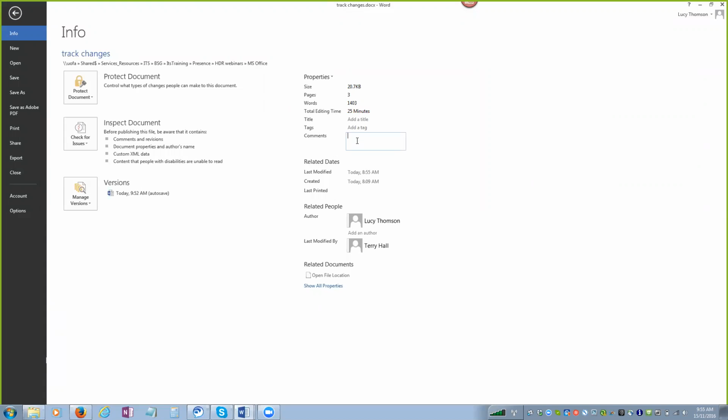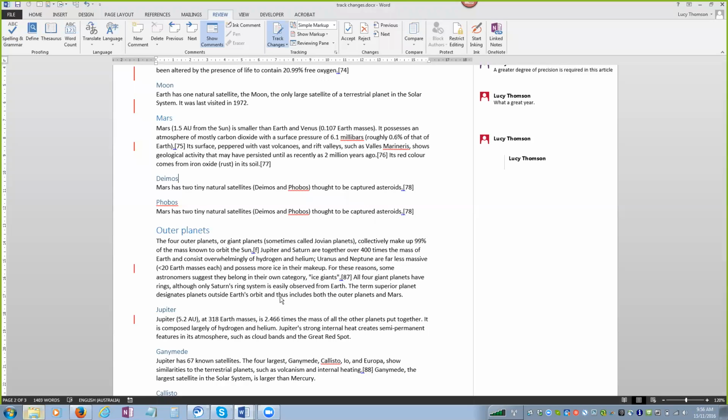So one of the ways that I would do it is if I was making major changes, or let's say that I had sent my thesis off to my supervisor for an initial round of comments, I would then put that into my comments field here. So I would put info in here. Okay, so when I put info in there and then I save that, that is then within,